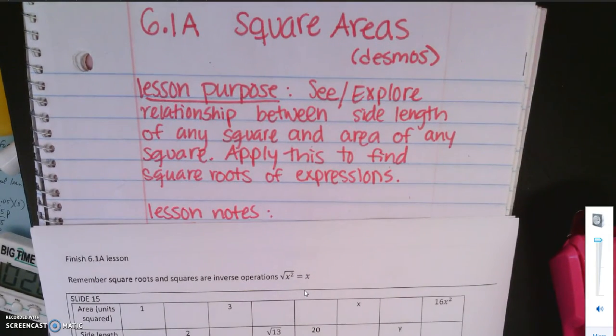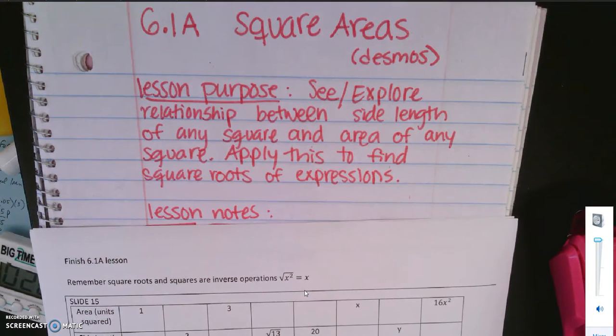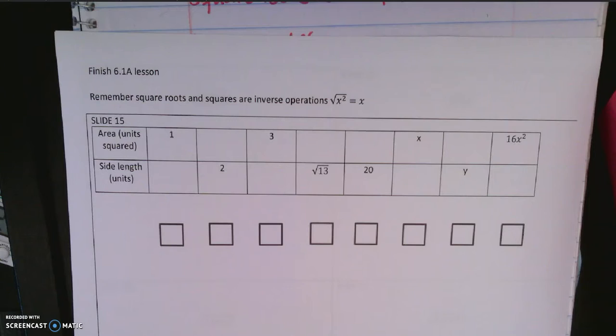Please pause the video for 1 minute for students to get onto their Desmos 6.1a and on to slide 15. We're going to start on slide 15. Please pause the video for 1 minute. Thank you. So I know we already finished on our slide 15, but let's review this just because it's really